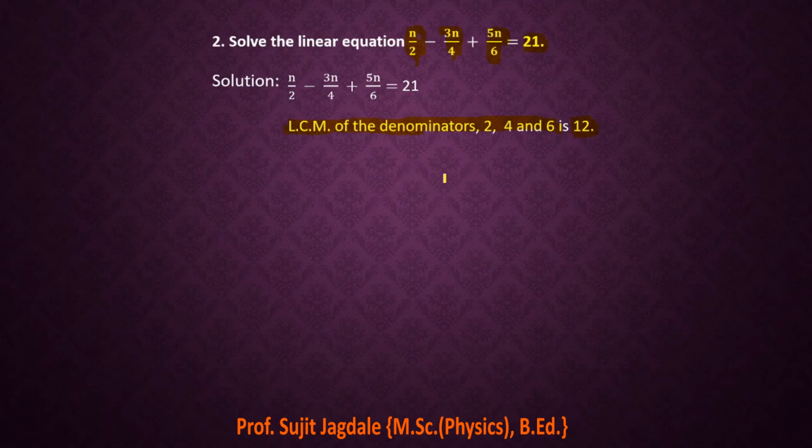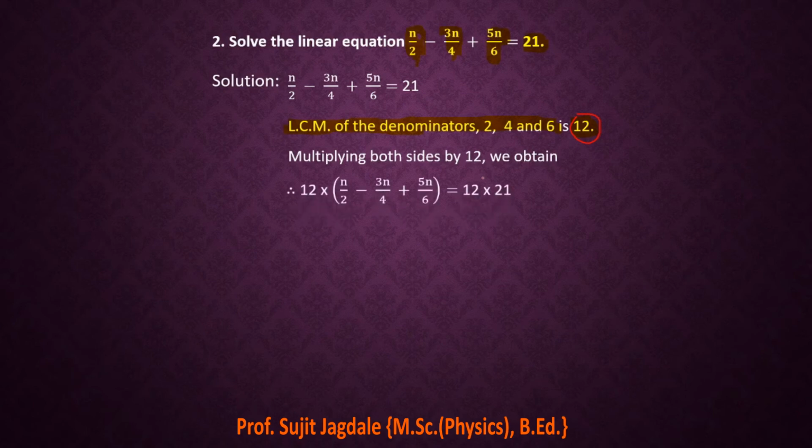So what will be the next step then? Obviously you have to multiply with the help of this LCM on both the sides of the given equation. So the next step will be multiplying both the sides by 12. Then we are going to obtain it like this. Therefore 12 into n upon 2 minus 3n upon 4 plus 5n upon 6, which is equal to 12 into